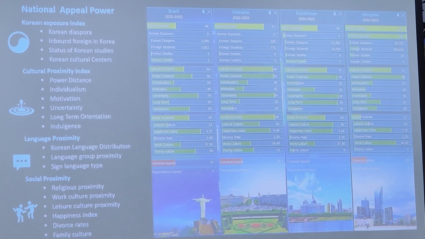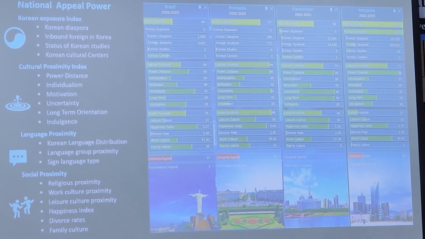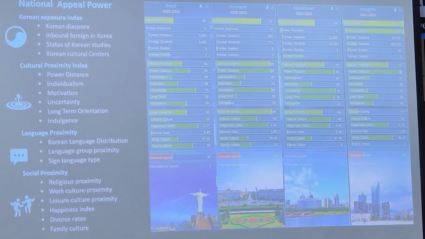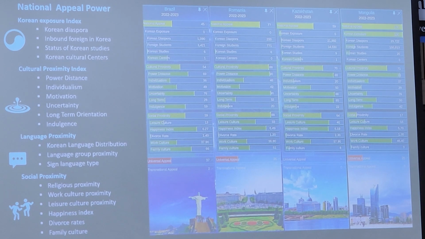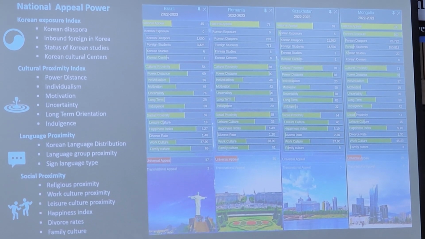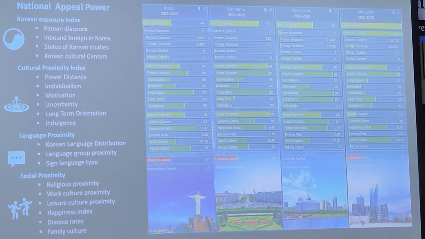So due to its very high Korean exposure, because we see a very huge Korean diaspora community, and we see a lot of students, the largest number of foreign students studying in Korea, they come from Mongolia. This is so interesting, right? So they're also very similar in terms of cultural proximity. And another country, for example, Kazakhstan, also scoring